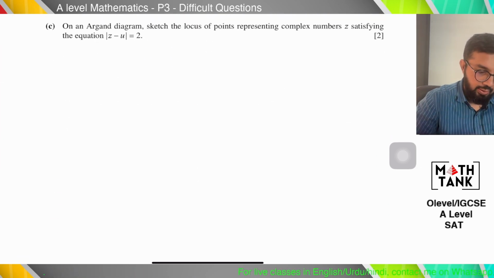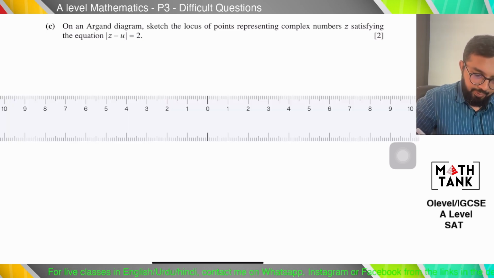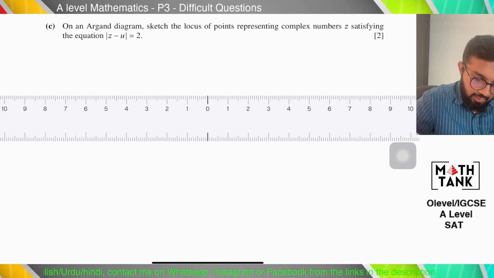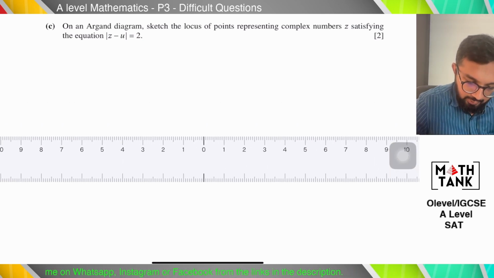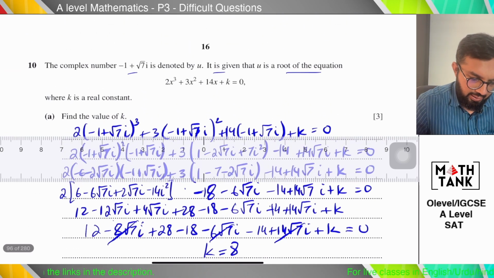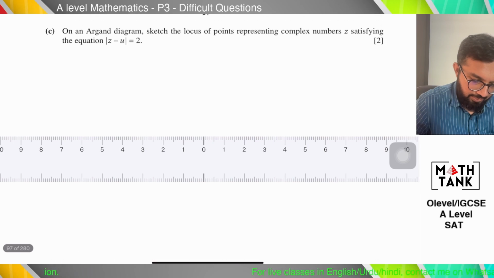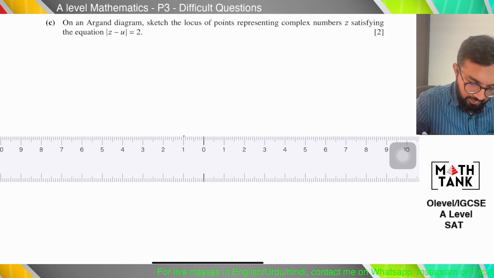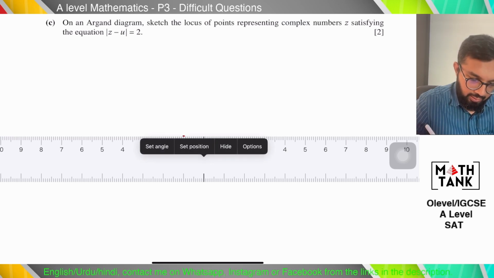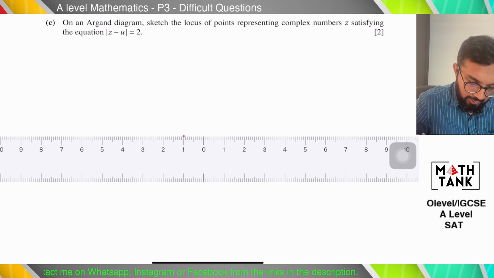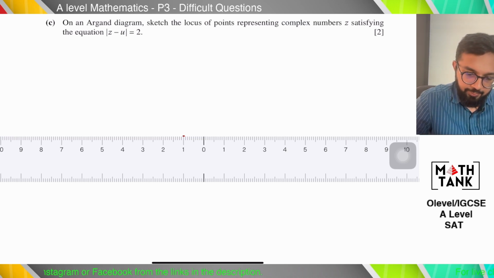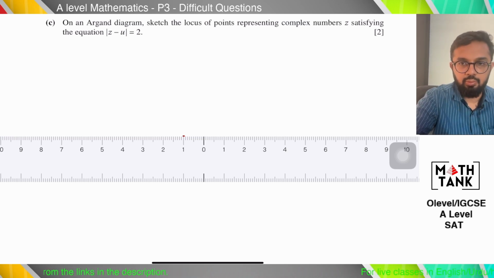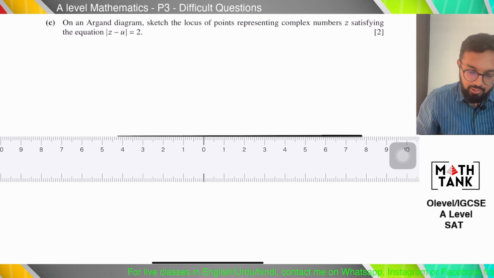Then part C for this: on an Argand diagram, sketch the locus of points representing the complex numbers satisfying this. So I need to draw a circle at u. u is basically minus 1 plus root 7i, so minus 1 on the real axis, and root 7 is basically... okay. So drawing this, I have